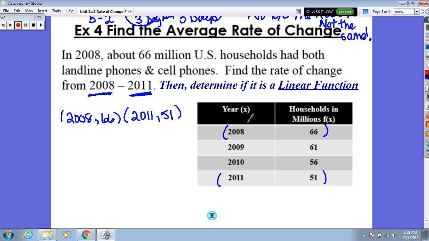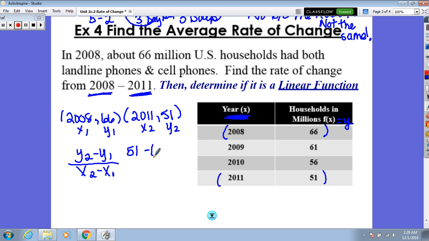Okay, so remember x is represented by years, and y, which is f of x, is the same thing. Okay, they are represented by households in millions. So they didn't write 66 million, but we know that represents millions of households. So let's find our rate of change. So x1, y1, x2, y2. The formula: subtract the y's on the top, subtract the x's on the bottom. So